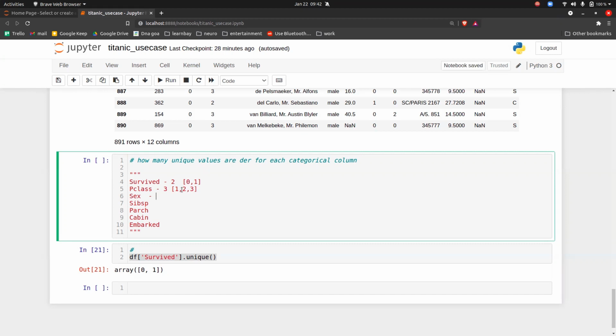Male, female, so 2. What about SibSp? 7 unique values. Okay. What about Parch? Also has 7 unique values.